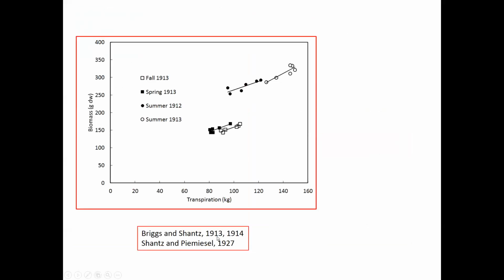They had an article published in 1913, actually two in 1913, I believe, 1914, and then Shantz and Piemeisel in 1927. And so in this graph, we're looking at biomass accumulation versus transpiration in several different environments. This is all in wheat and all with the same cultivar of wheat, but just grown at different times and in different years. And so what we see here is that in each case, there's a linear relationship between biomass